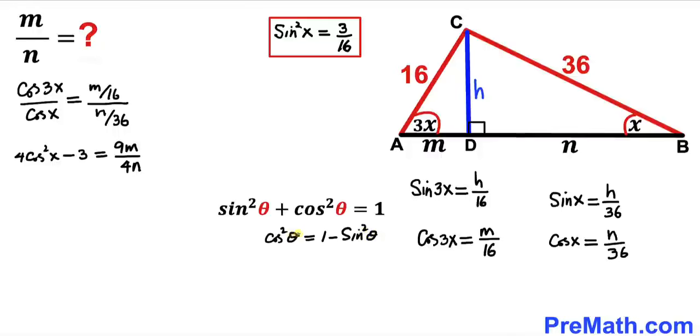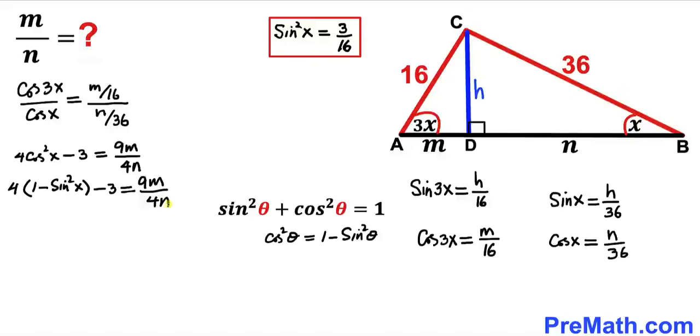And now I am going to substitute for cosine square of x this 1 minus sine square theta over here. So therefore this could be written as 4 is outside. This is going to become 1 minus sine square of x, and then minus 3 equal to 9m divided by